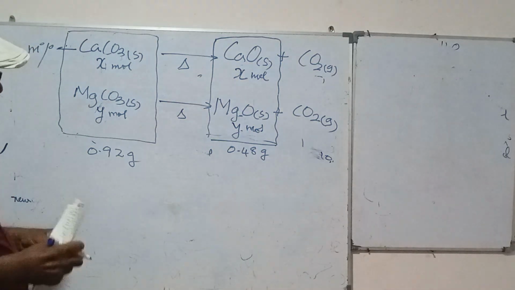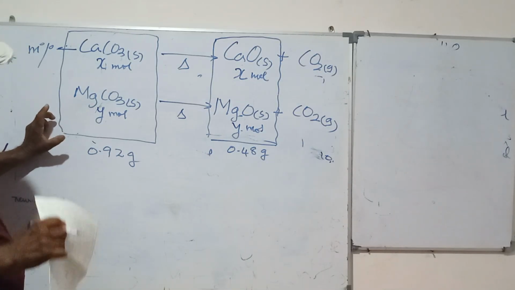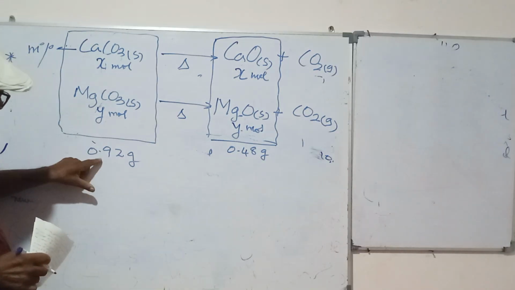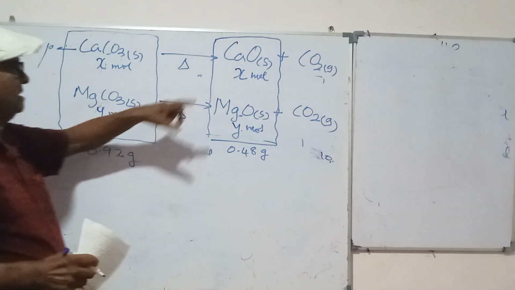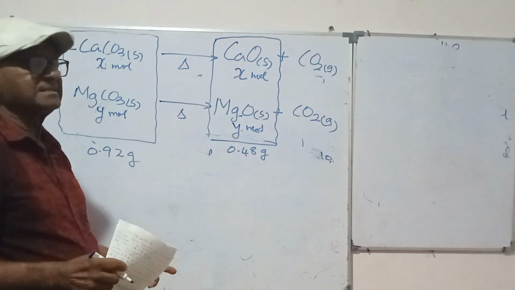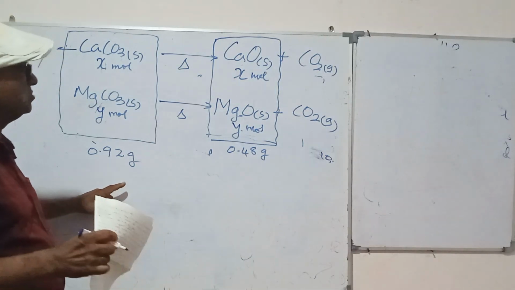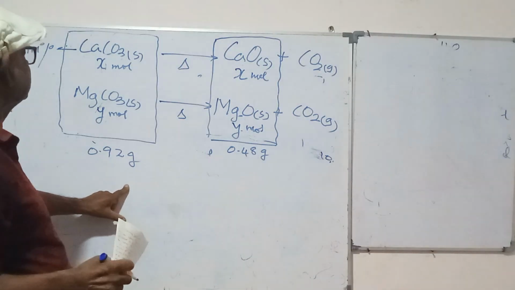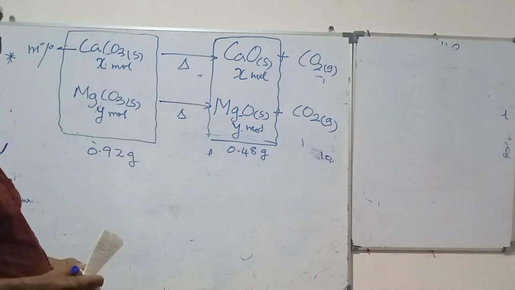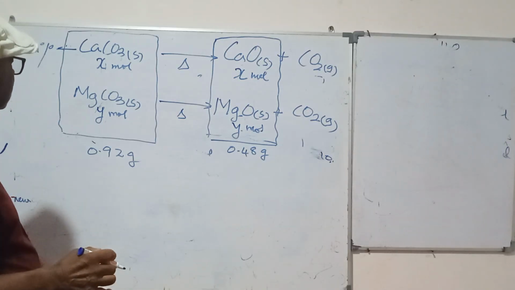Then we must give the relation between X and Y with the 0.92, and X and Y with the 0.48, two equations. If we are able to write two equations related with X and Y, two unknowns, we can calculate X and Y. It is the best, easiest method. So see here,